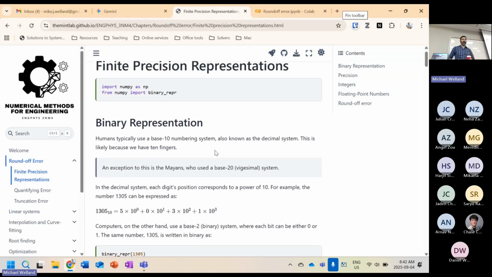Okay, binary. Anybody know about bases? I see some nodding heads, right? So we use base 10, decimal. The decimal system is the base 10 system. Except apparently for the Mayans, which is kind of neat, they apparently used the base 20 vigesimal system. I guess they were counting on their hands and toes, right? I'm fairly certain, having not actually researched this seriously, that this is why we have the decimal system. But anyway,